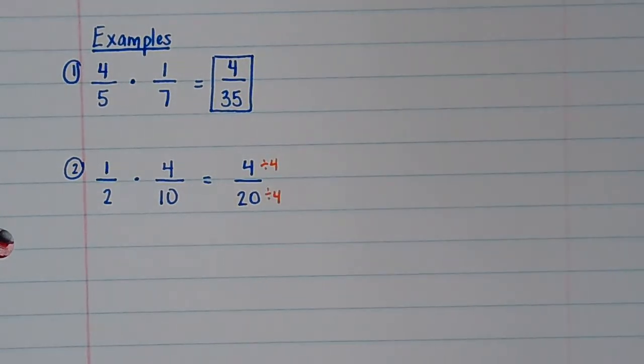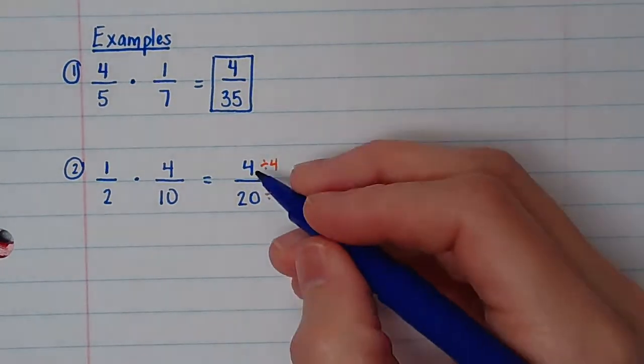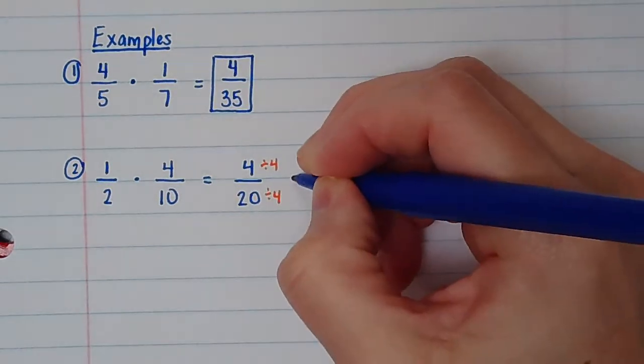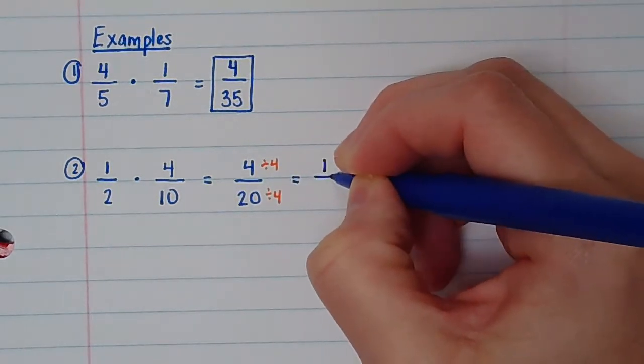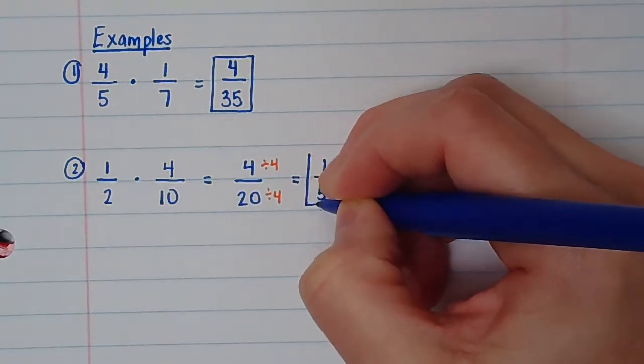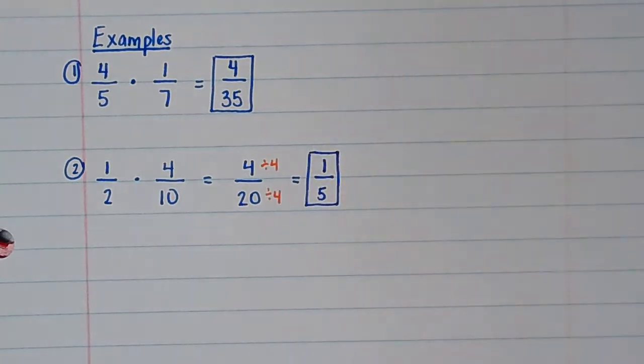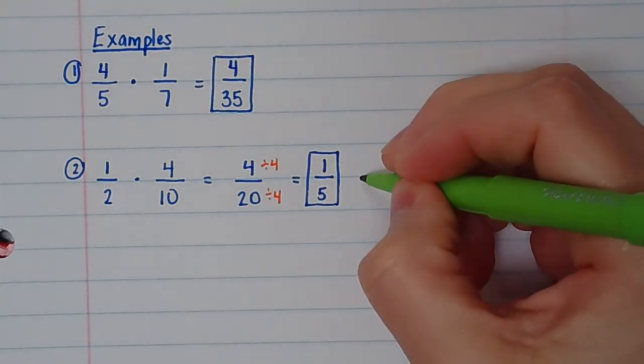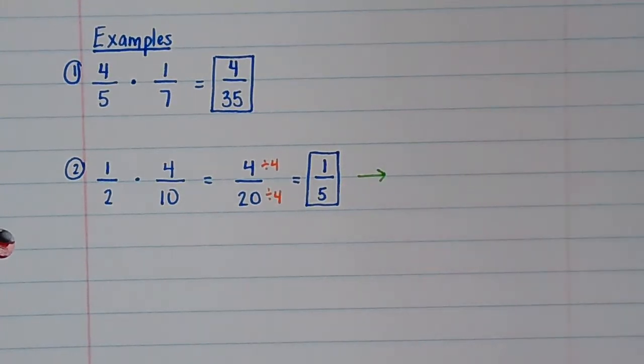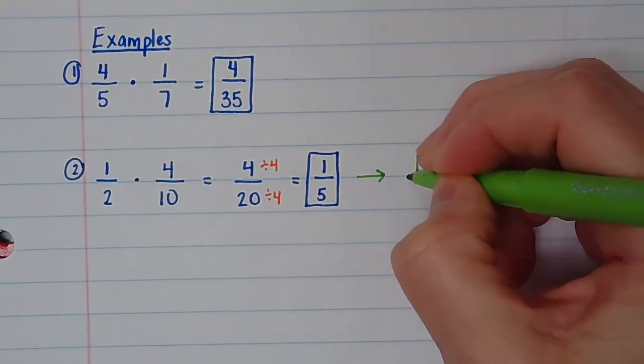So if you divide both of these by 4, remember, whatever you divide the top by, you have to divide the bottom by. So you can't do like 2 on top and 4 on the bottom. It has to be the same. That would be 1/5. Okay? But remember when I first started talking about this at the top, I told you something about cross canceling. And cross canceling looks like this. So let me show you another way of doing this. Same problem, 1/2